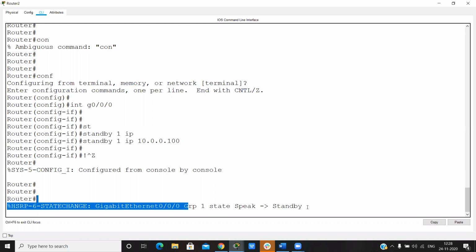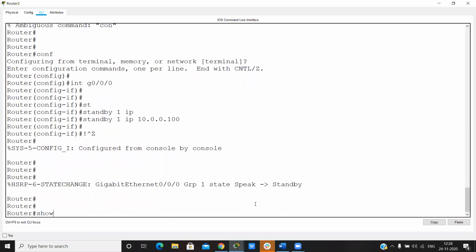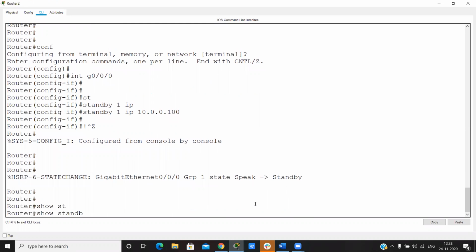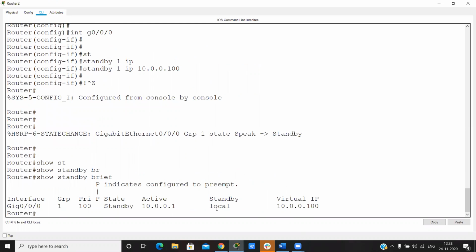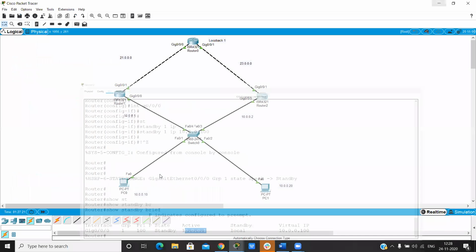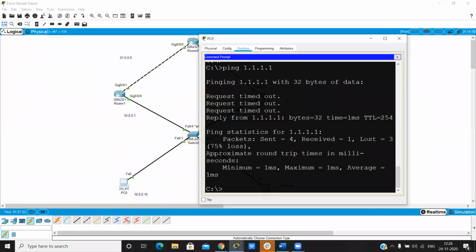This router becomes the standby router, and the active router is 10.0.0.1.